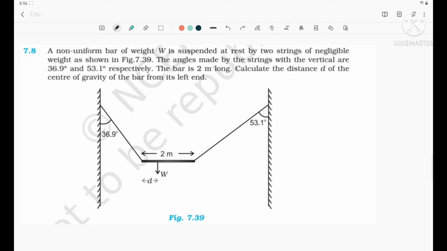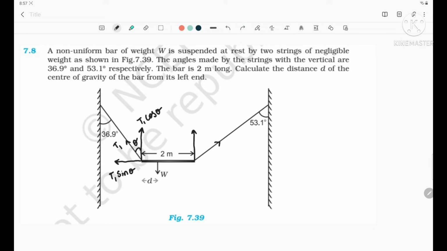Okay, so here what we will do, we will write the tension T1 and split it into T1 cos theta, considering that angle 36.9 to be theta. Since they are alternate angles, you will write theta there. So that component will be T1 cos theta, and the horizontal component, this side opposite to theta, will be T1 sin theta. Okay, then next we will draw for T2.